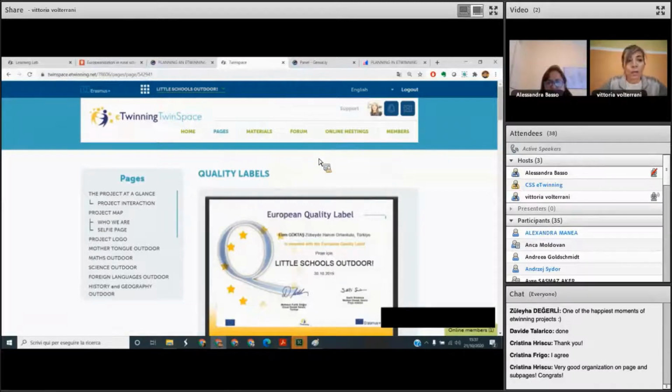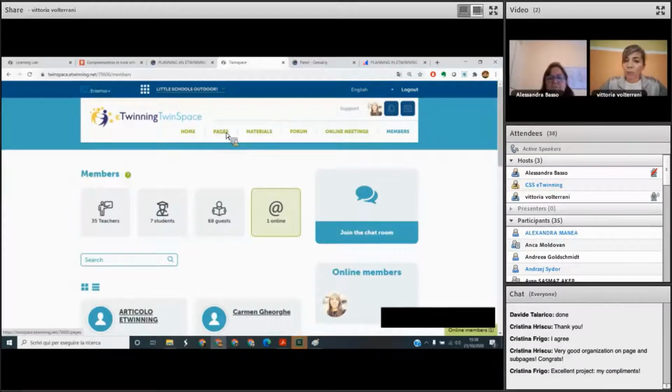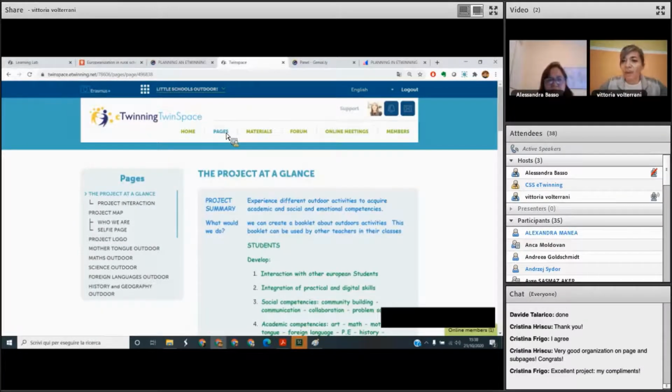It was a complex project with a high number of partners, and by high number of partners I mean 35, but more or less we were 7 or 8 schools. This was a complex project because it was managed by 2 ambassadors, and so you don't need to organize such a big project, because a very well-organized project can also be a small project. So especially if you are going to start, please do not start with a very big project. Start small,